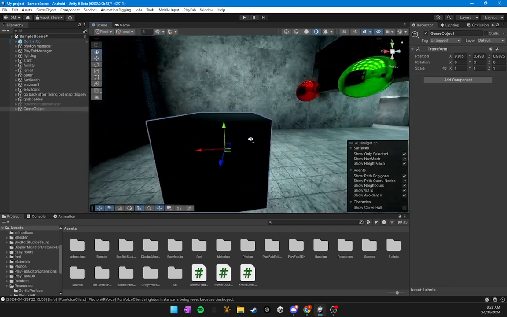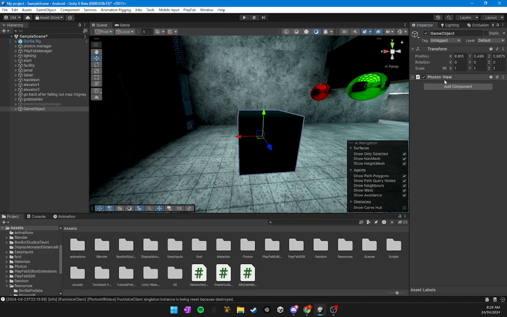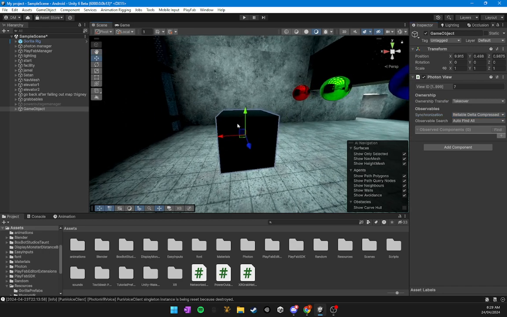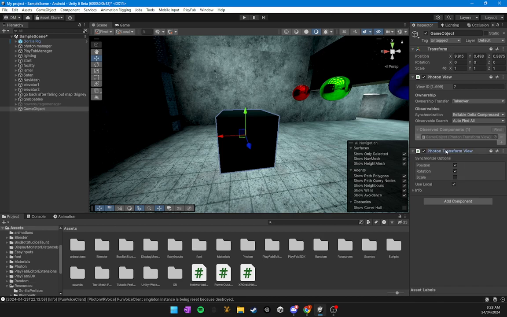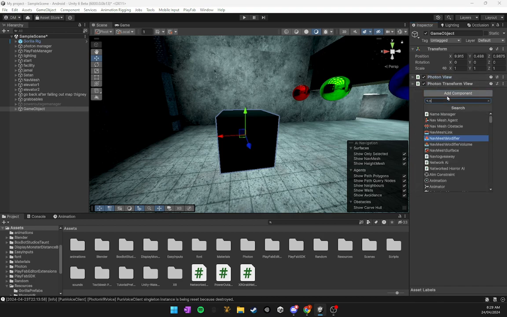Then once you import both of them, you are going to add a Photon View, make the owner transfer takeover, and then make synchronization unreliable delta compressed. Then you're going to add a Photon Transform View. You're going to keep that. Then you are going to add